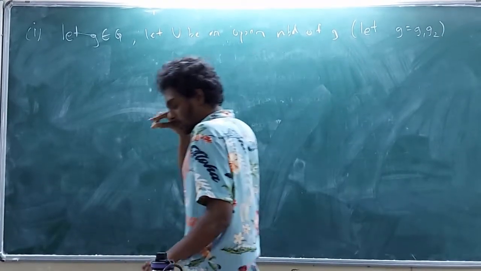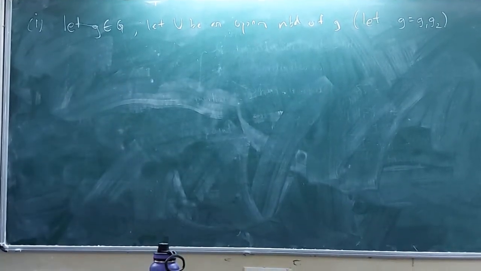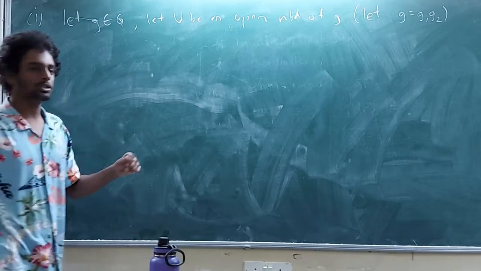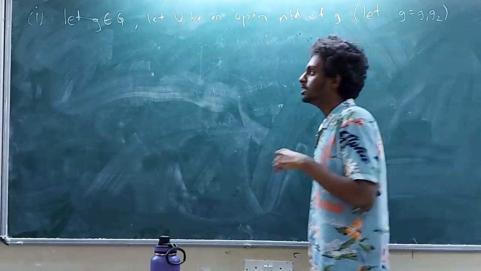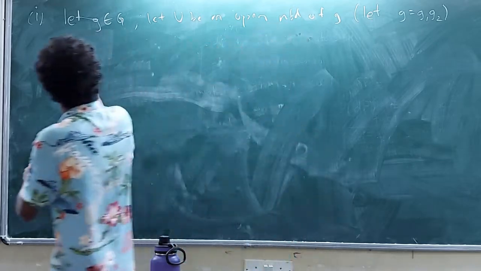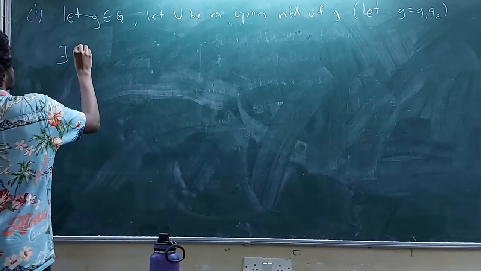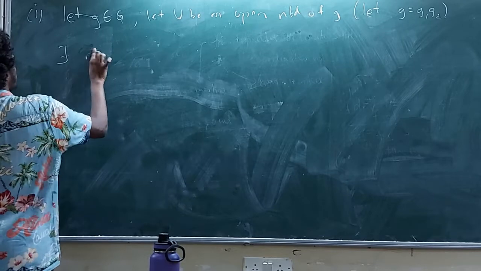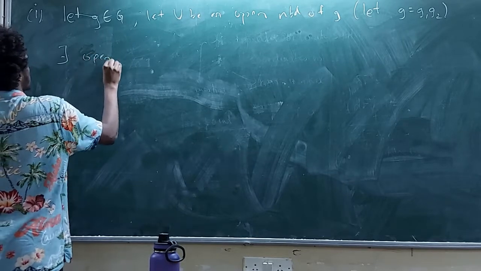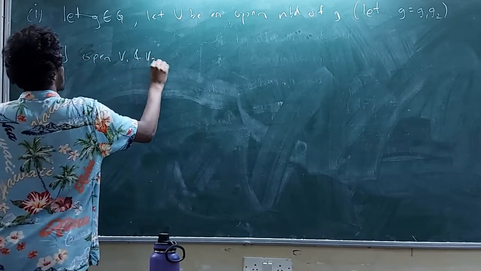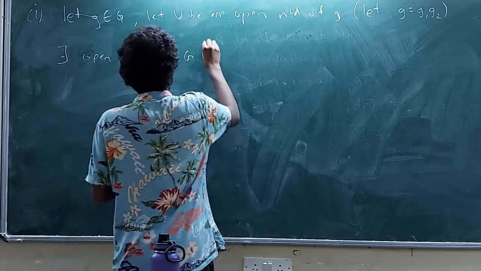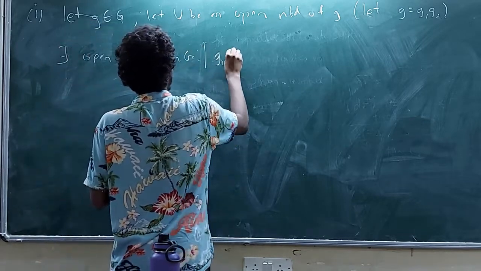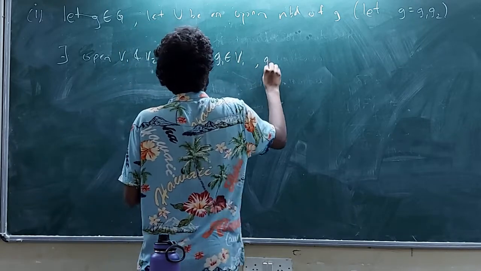So under the product map I have that (g1, g2) is taken to g. So if U is an open neighborhood of g, that means I have two neighborhoods. There exist open V1 and V2 in G, such that g1 belongs to V1, g2 belongs to V2,